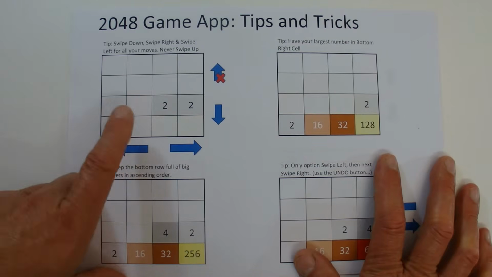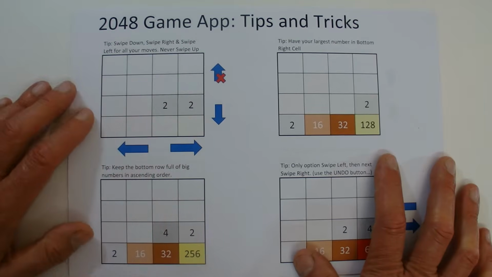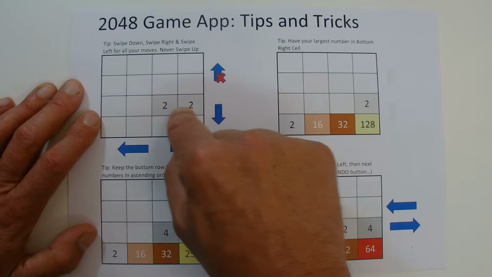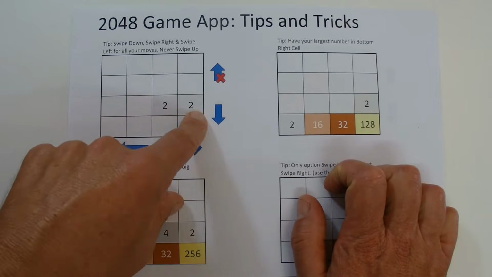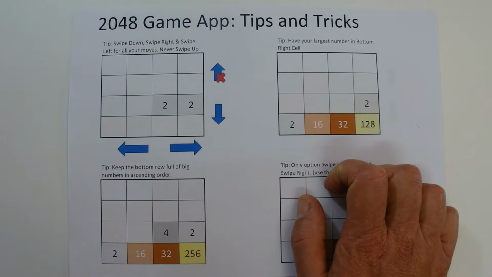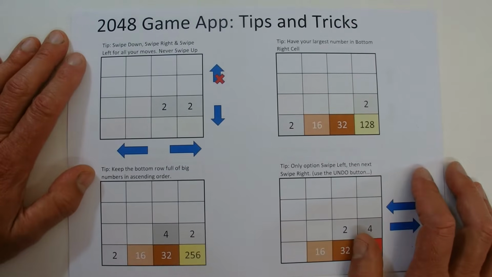And you do that by swiping down, swiping right, swiping left, or swiping up. Every time you swipe, if you've got two numbers the same in adjacent cells, either horizontally or vertically, then those two cells combine, so the 2 and the 2 suddenly become a 4. That cell's empty and that becomes a 4. And then every time you swipe, the game puts a random 2 or a 4 in one of the empty